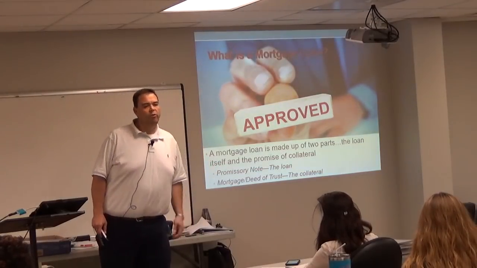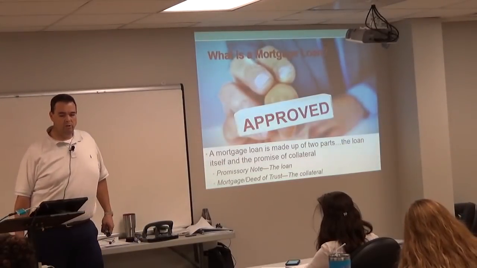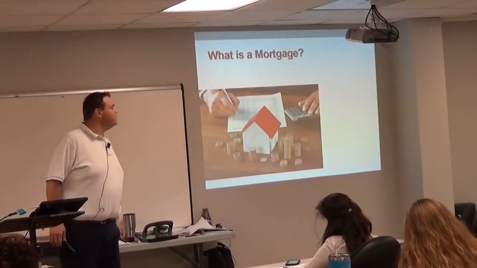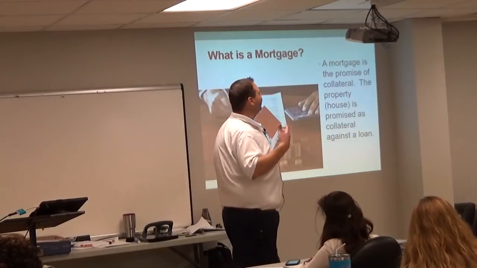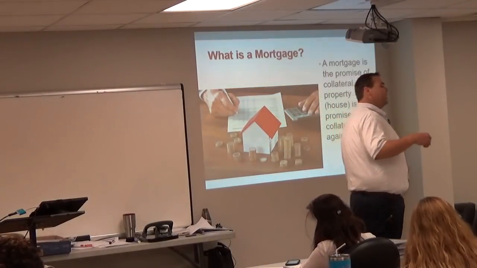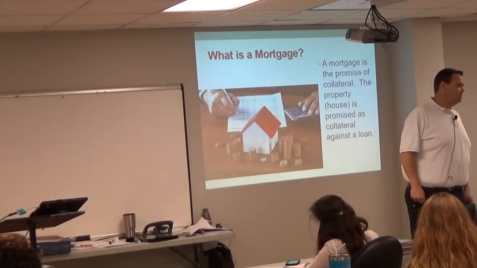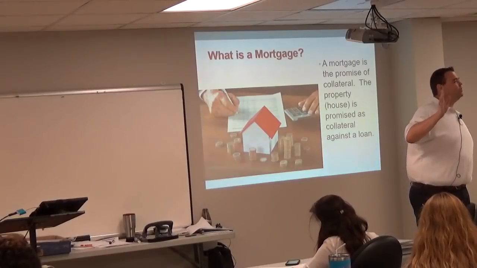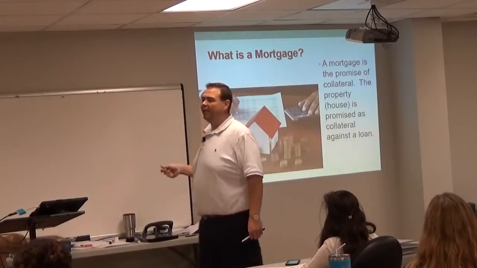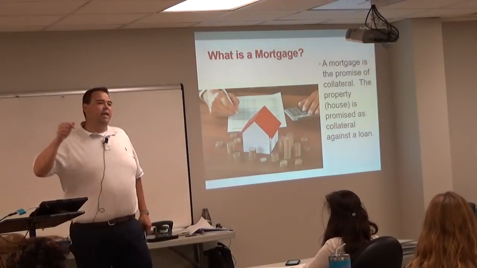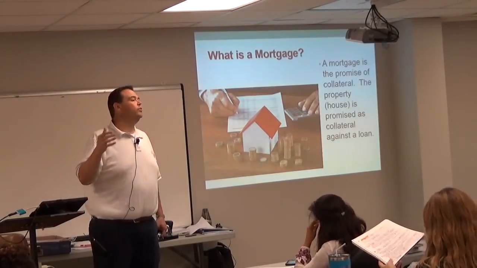Notice earlier I said you were going to have to get rid of that definition that you had in your mind that a mortgage was a loan. What is a mortgage? It's the collateral. A mortgage is the promise of collateral. We say the property is mortgaged. How many of you have ever heard that expression? Oh, that house is mortgaged. That's the correct use of the terminology, because the mortgage is not the loan. It's not the bank giving money. It's the owner of the property giving collateral to the bank.